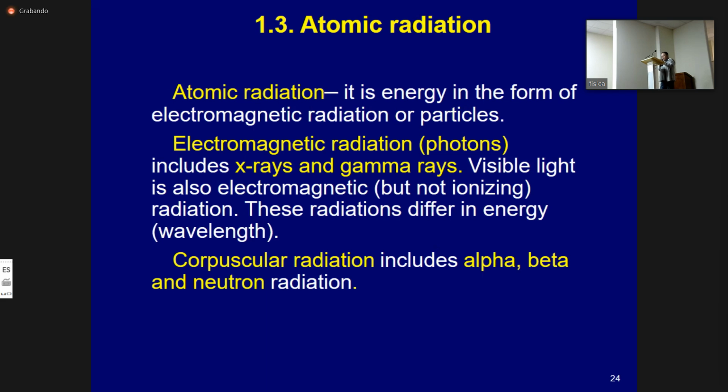The energy of nuclear radiation, the energy of all these radiations, is expressed in units called electron volts. 1 electron volt is equal to 1.6 times 10 to the minus 19 joules. And usually we use electron volts, kilo electron volts, and mega electron volts, the derivatives. Radiations typically have an initial energy measured in thousands of electron volts. That will be kilo electron volts, and a million will be mega electron volts.